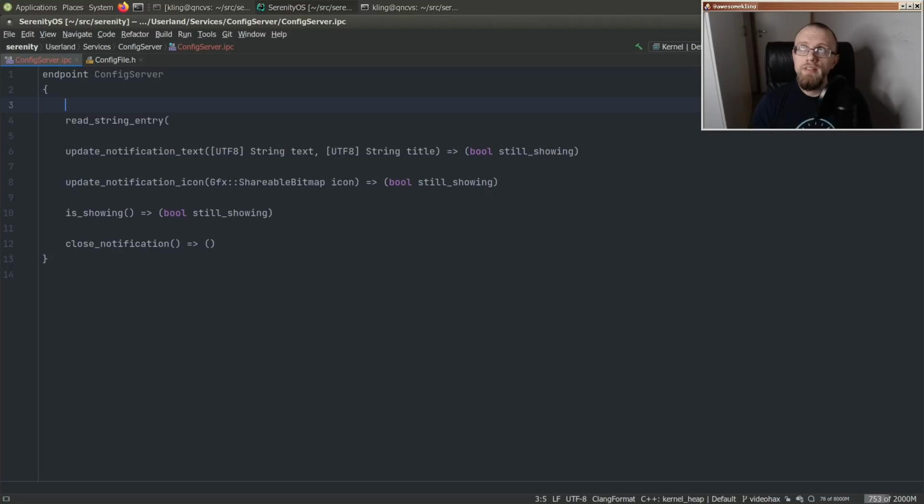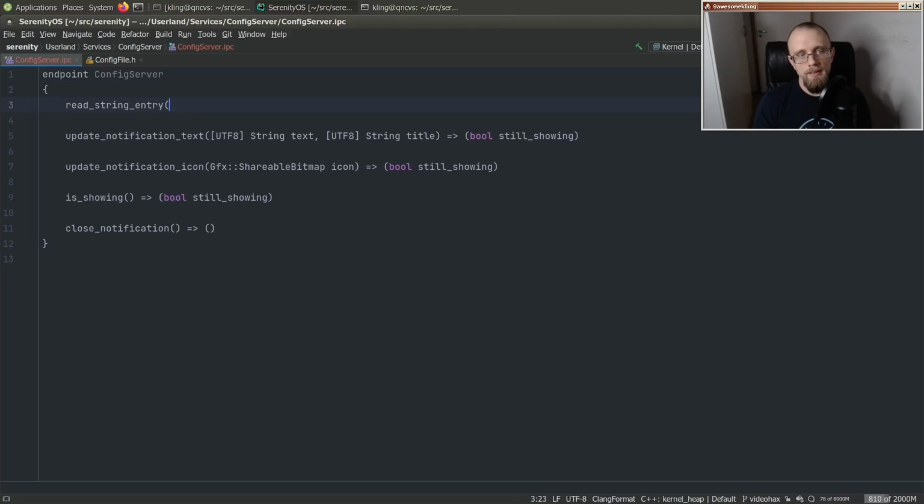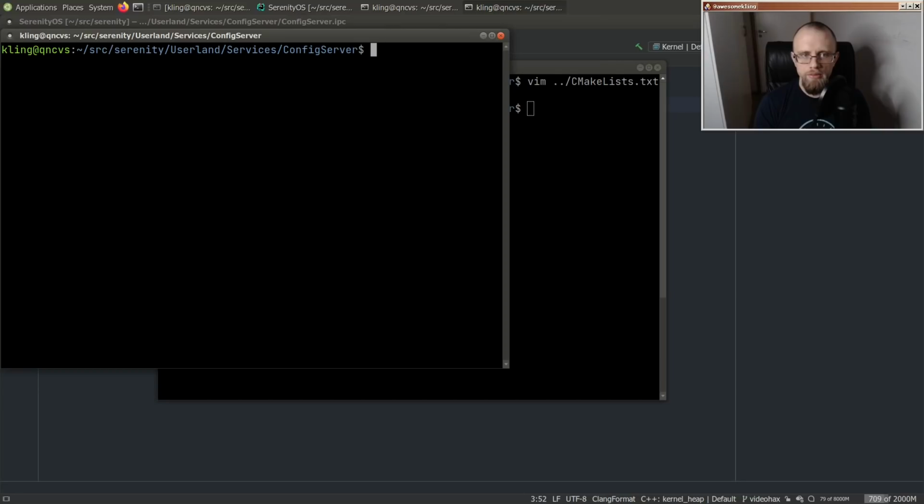let's see. When you connect to this thing, I was thinking, like, should you set the equivalent of a file name so that, if you are the file manager application, you would make a connection and then say, hello, I am file manager, and then config server opens the file manager.ini for this connection? Or alternatively, we could make it part of every API request so that the read string entry would sort of have a string domain, string key or something like that, group string key, and then that will be whatever we had in the